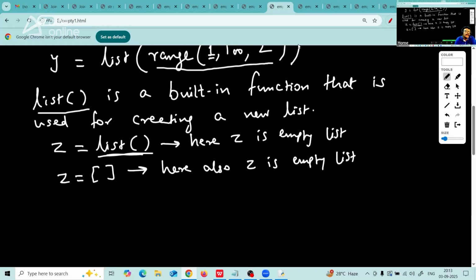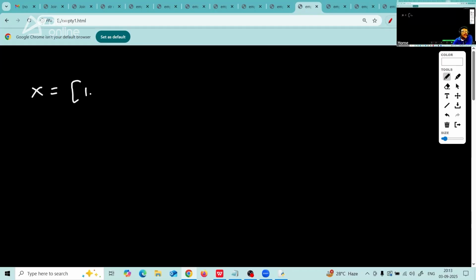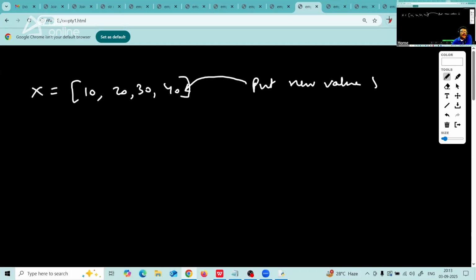Now, suppose we have a list like this. X is equal to 10, 20, 30, 40. Some numbers I have stored. And I want to put one more new value. Put new value 50 at the end of the list. I will underline this, at the end of the list. I want to put this 50 necessarily at the end. That is my requirement. Then we write a statement x dot append